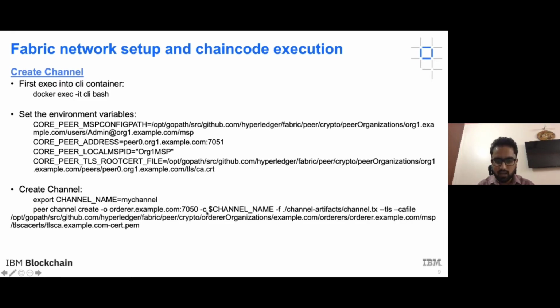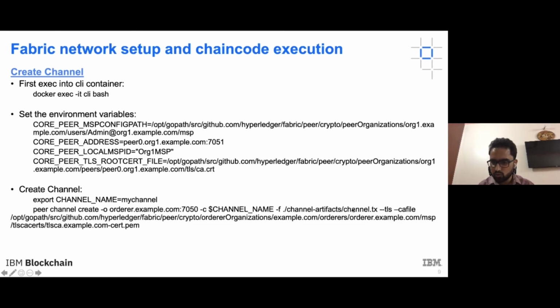And what is the channel name that I have to use? I have to export this channel name, that is mychannel, and it will use mychannel as the -c parameter. And what is the transaction that I have to submit? Remember I have created this channel.tx.